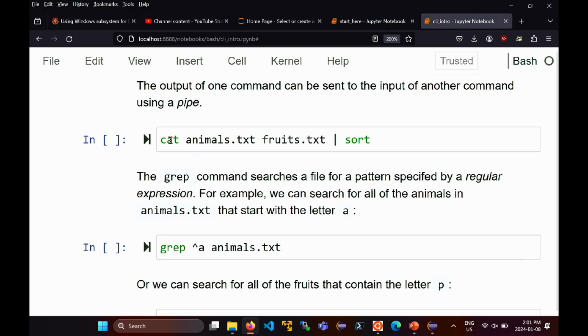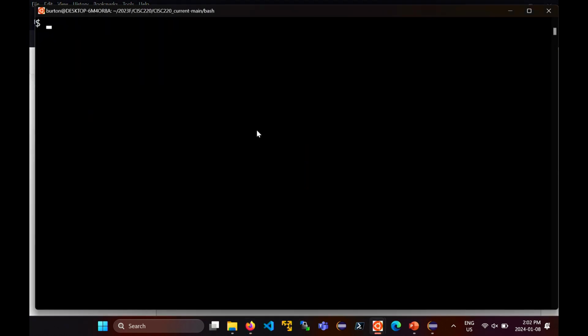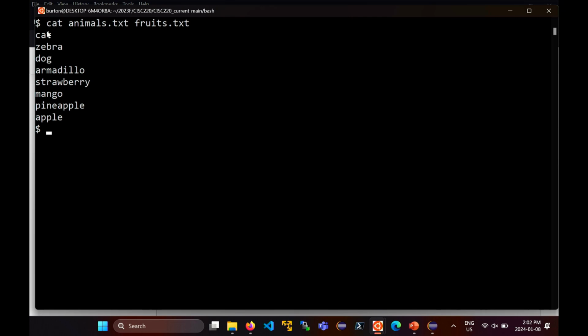I'm going to use cat to list the contents of animals.txt and fruits.txt. I'm then going to send the output of that command, using a vertical bar, to the program sort. So what this does is the following. Cat animals and fruits prints out the animals, then the fruits.